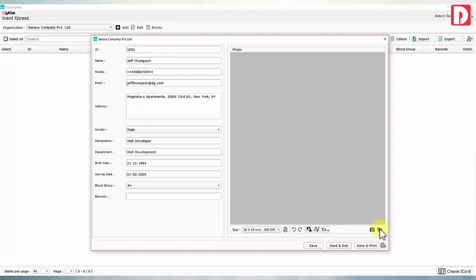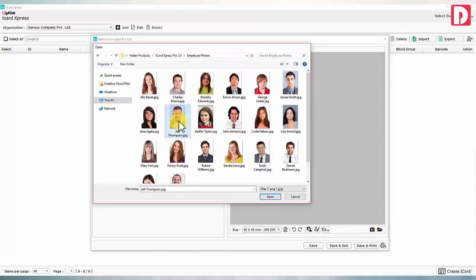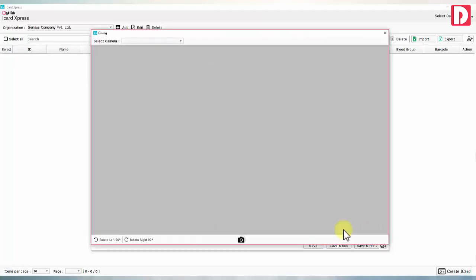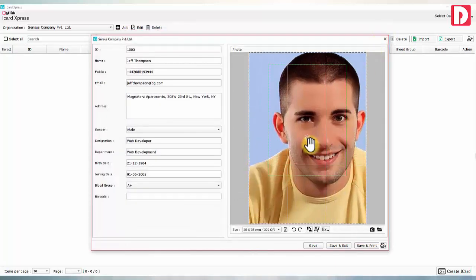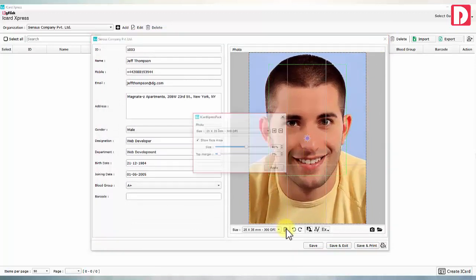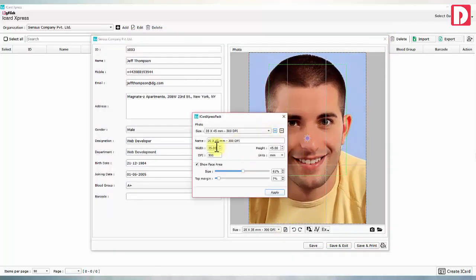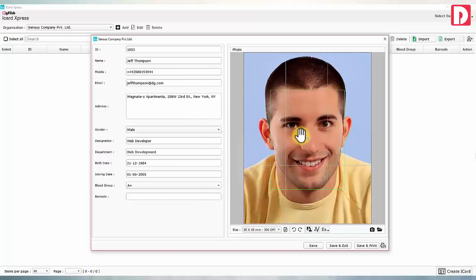You may assign photo from any folder or can click photo instantly with camera connected. Clicked photo can be zoomed and panned to match required face size and position. You may adjust photo size by scrolling and required face size and position. The green box guides you about face area and the black border guides you about vertical orientation in case photo